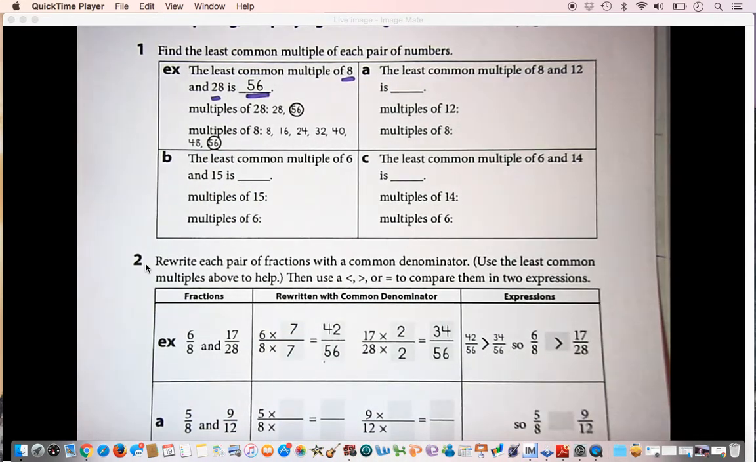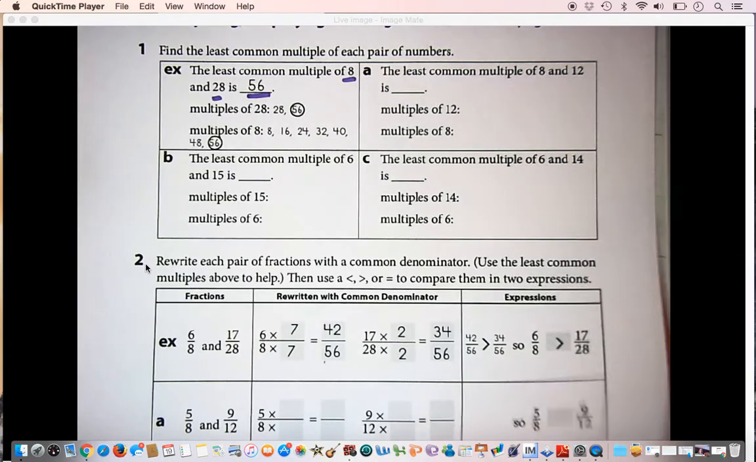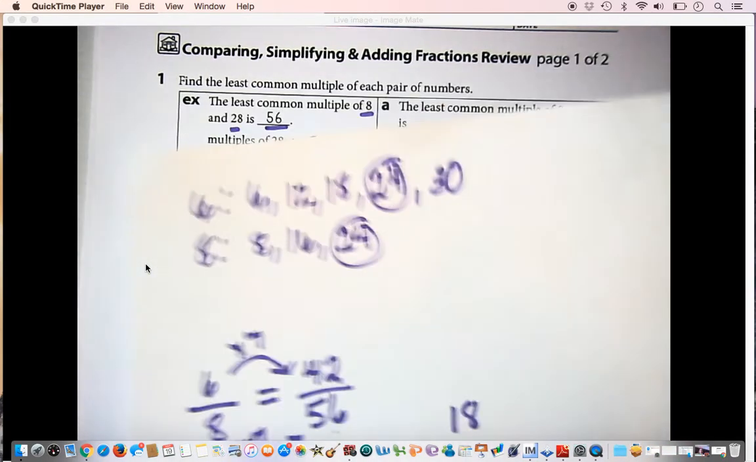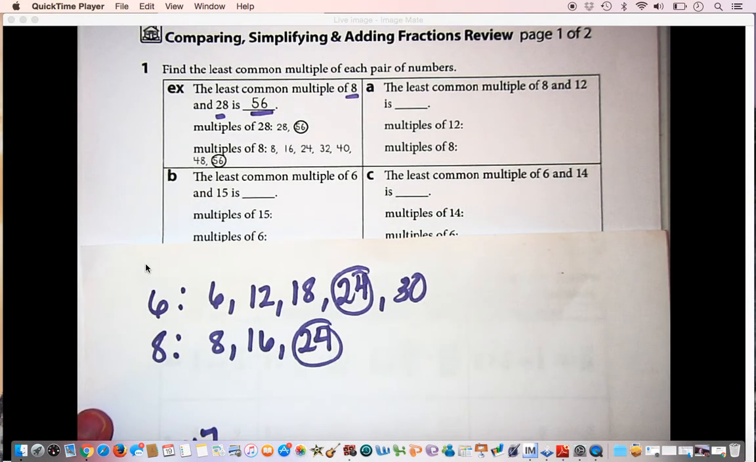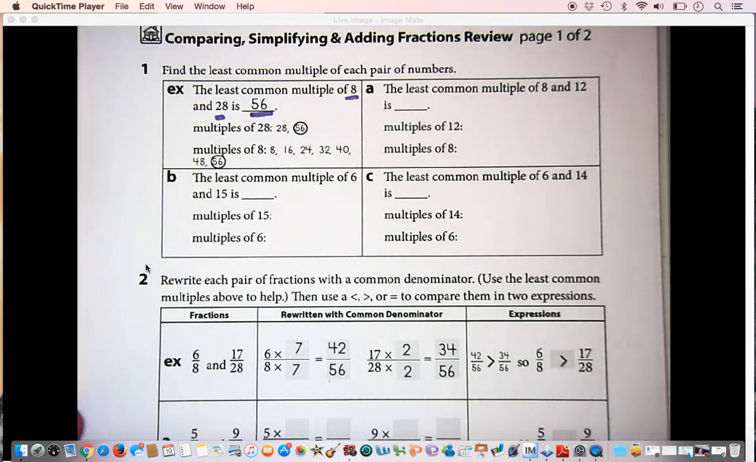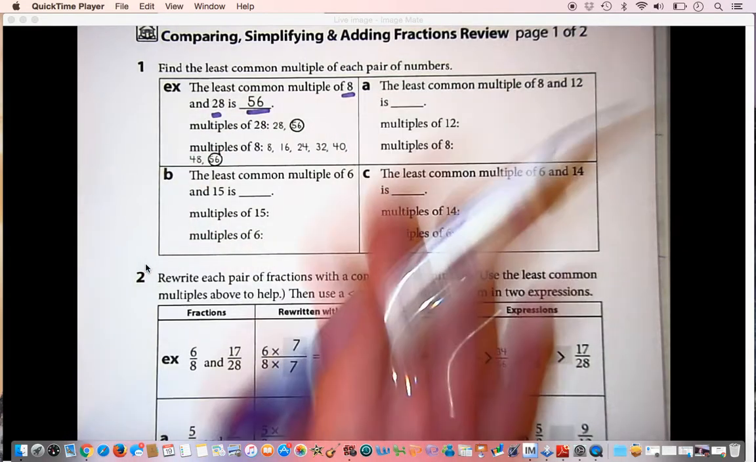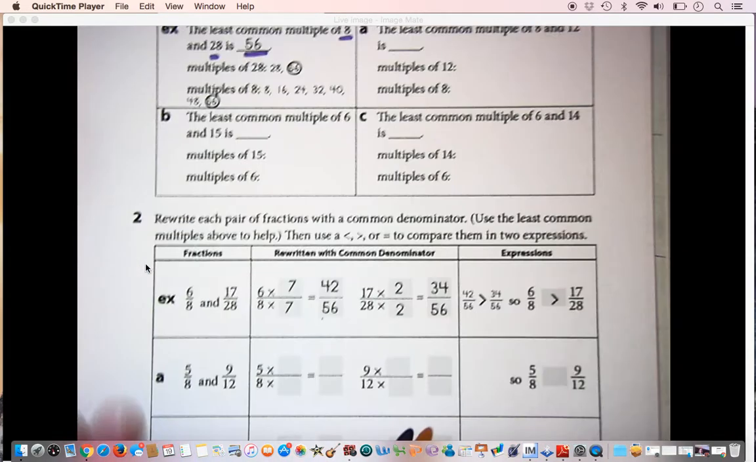So if we were to do another set of multiples, just as an example, I could show you 6 and 8. So I've listed out for 6: 6, 12, 18, 24, 30. Then I started with 8, 16, and 24, and I stopped at 24 because now I see that 24 is what 6 and 8 both have in common. Okay, so then you'll go ahead and do A, B, and C, and that's going to help you complete